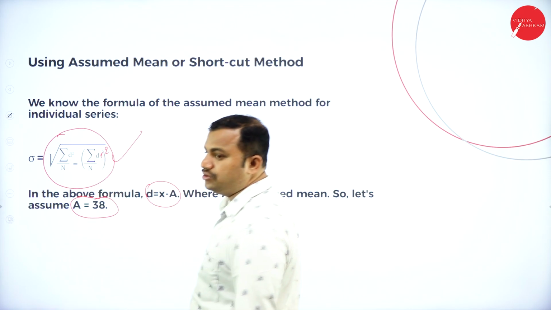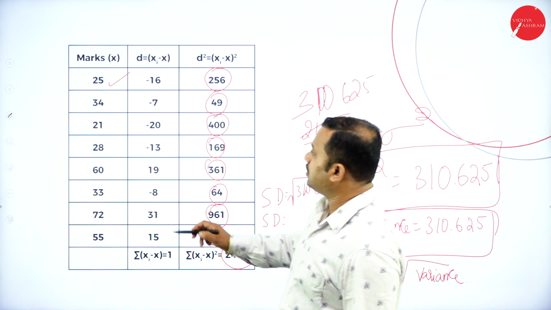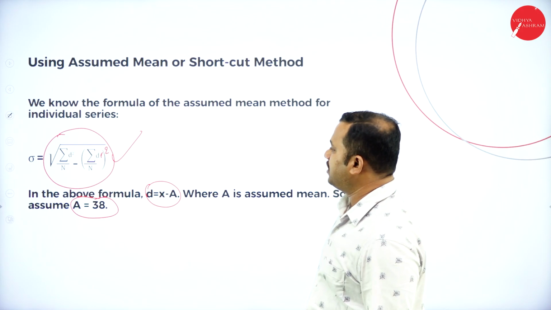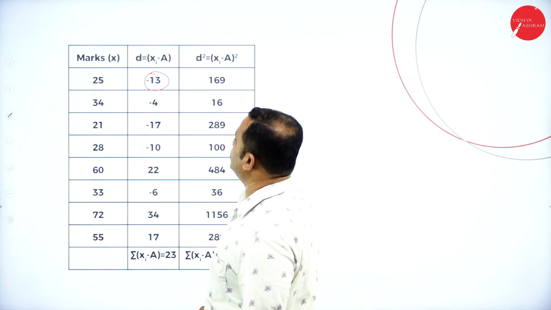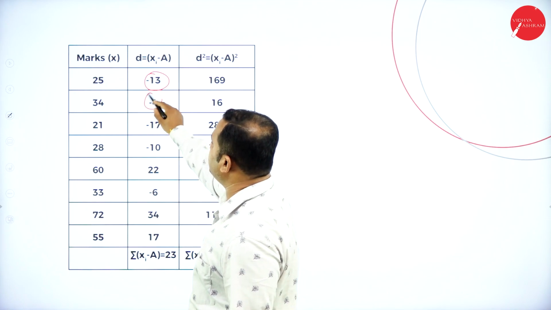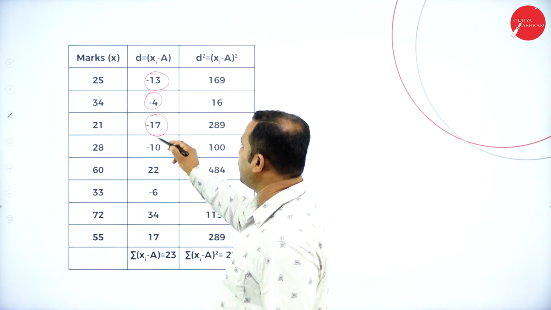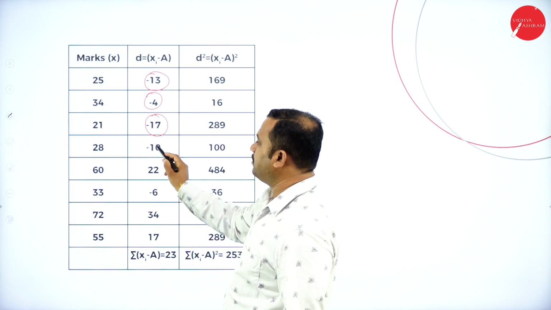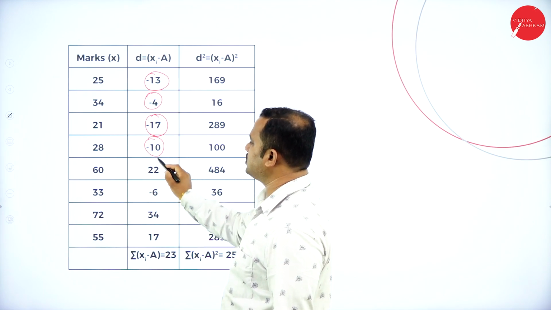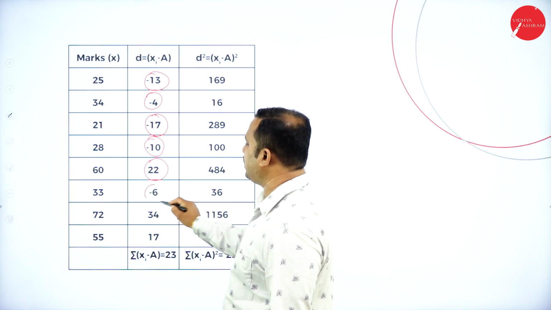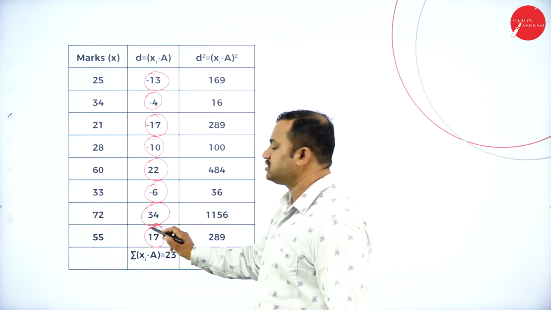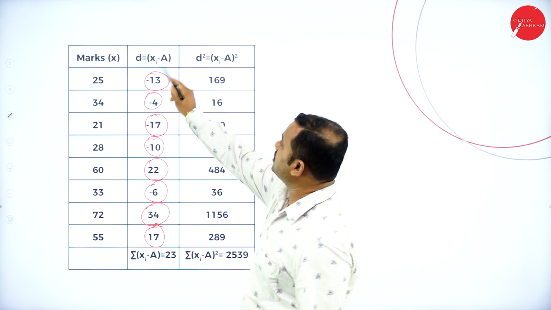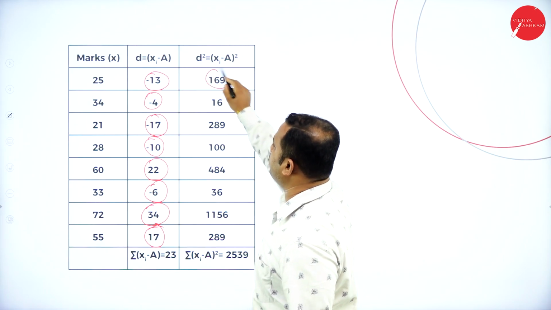Which is the first value? The first value is this one, 25. 25 minus 38, I'll get some value, that is minus 13. 34 minus 38, minus 4. 21 minus 38, I'll get minus 17. 28 minus 38, minus 10. 60 minus 38, 22. 33 minus 38, minus 6. 72 minus 38, we have 34. 55 minus 38, 17. So if I take the square of that, that is d square, we will get these